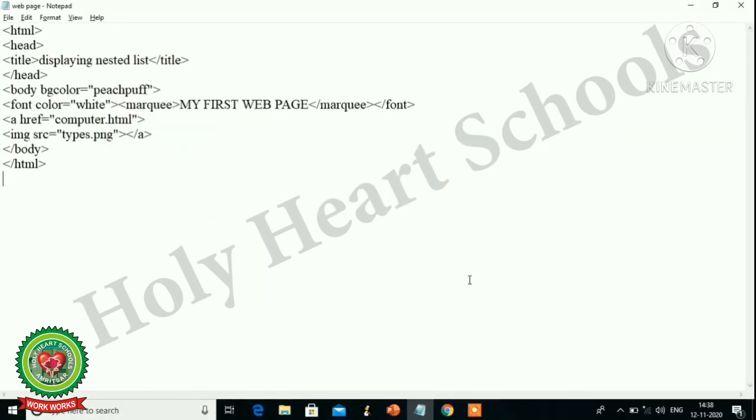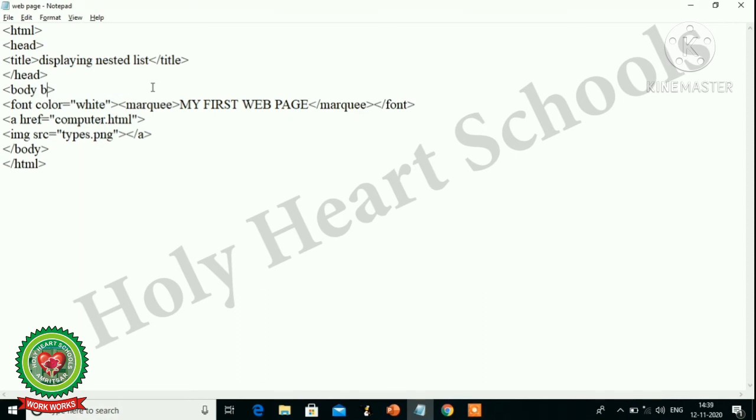Now this is our Notepad window. This is a body tag. Under the body tag I have already used one attribute, that is bgcolor. You can also remove the bgcolor.